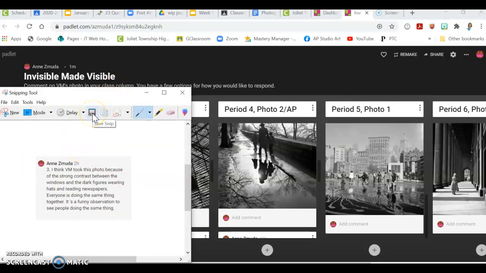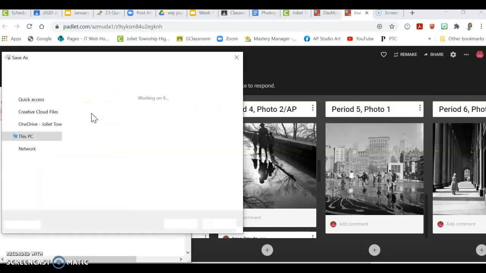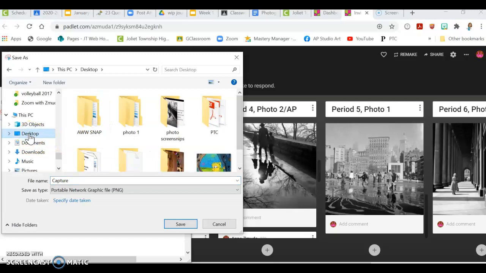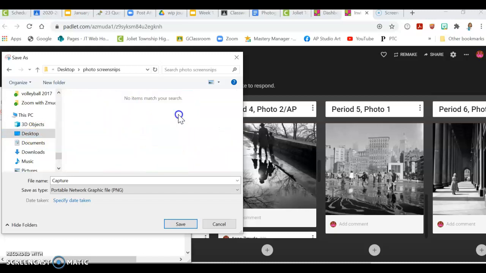And then I can do the same thing and save that snip in that folder where I created it. And if you start going there often enough, it should automatically go to your folder that you created, but you should just be able to navigate from there and find your photo screen snip. And